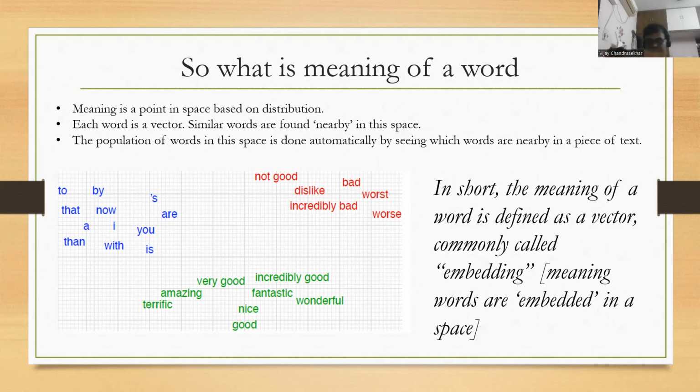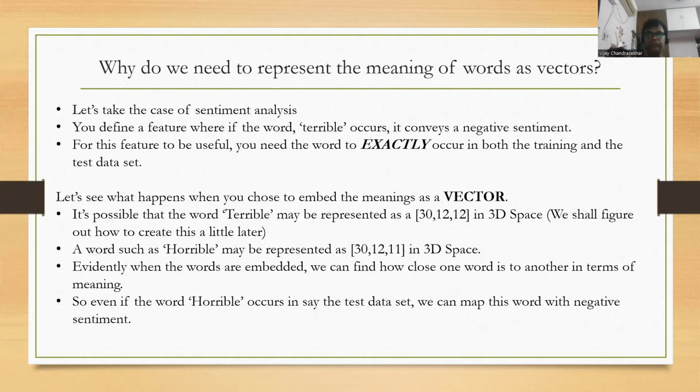So that's embedding, you can literally embed words in space. Okay, but there is a deeper meaning. Embedding இன்னொரு deeper meaning இருக்கு, we'll understand that when we get into word to vector. ஒரு algorithm இருக்கு, அத பத்தி நம்ம பேசும்போது embedding has a very strong meaning, we'll come to that when the time comes. Okay, so இன்னொரு question வருது: why do we need to represent the meaning of words as vectors?